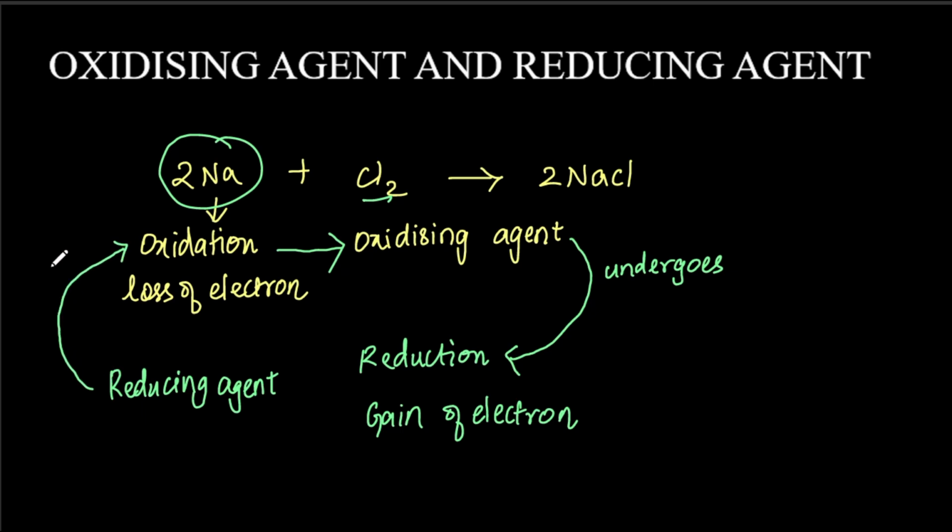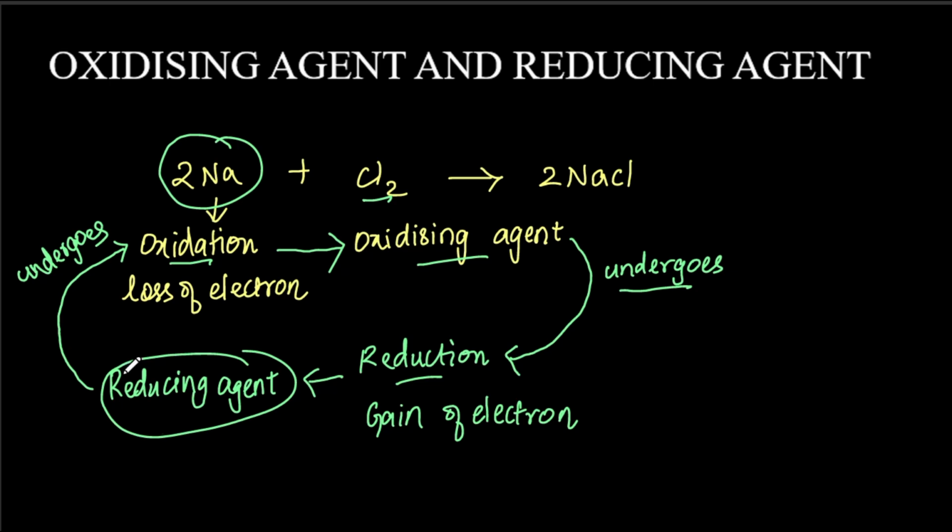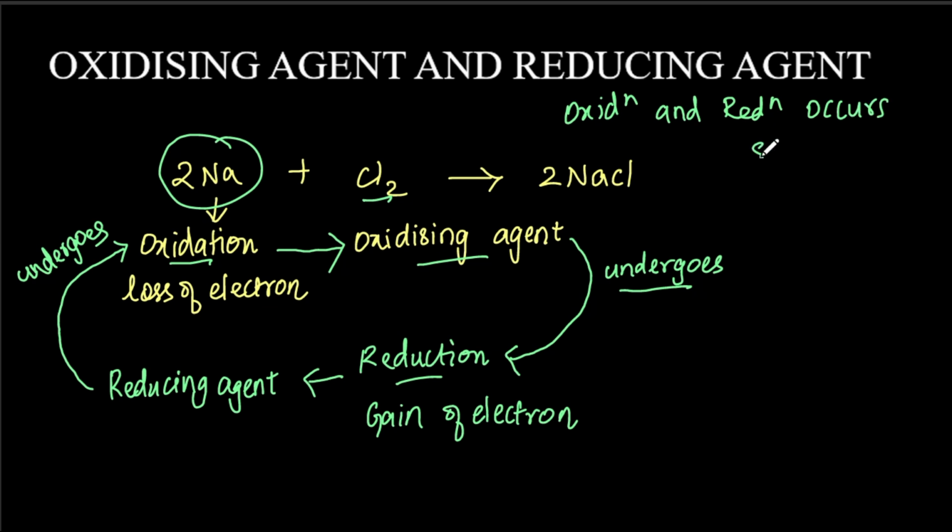Now, what is happening to a reducing agent? A reducing agent undergoes oxidation. A reducing agent itself undergoes oxidation. So, it is a cyclic process. It happens simultaneously. So, for a substance to get oxidized, an oxidizing agent should be present. An oxidizing agent itself undergoes reduction. So, for a substance to get reduced, a reducing agent should be present. A reducing agent undergoes oxidation. So, everything happens simultaneously. This is the reason why oxidation and reduction always occur simultaneously,